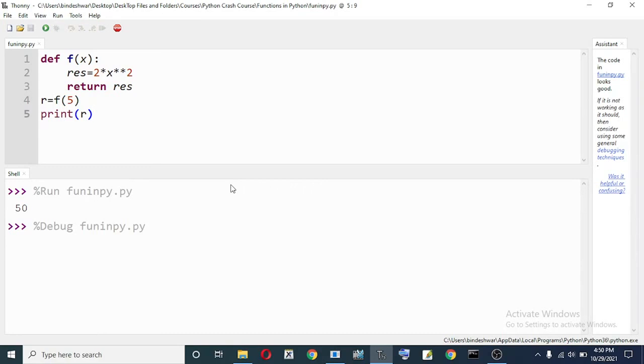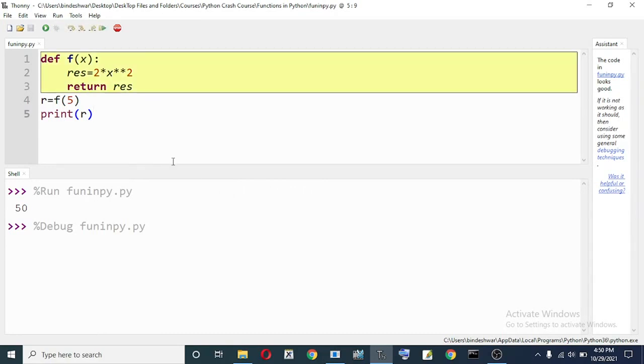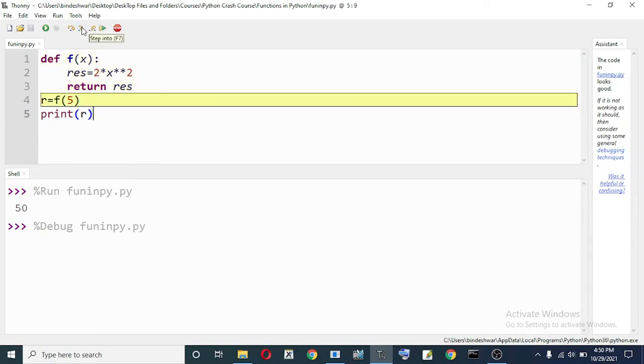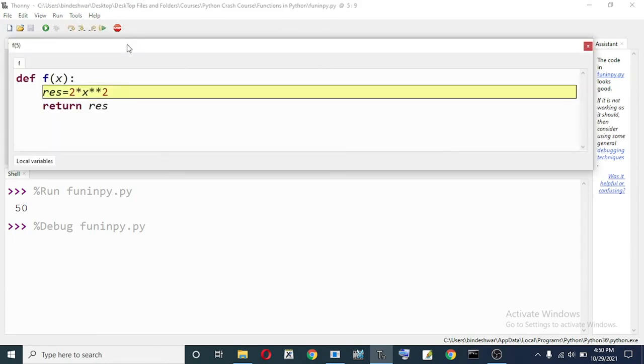See that the whole block is selected because a function is a compound statement. Now step into, and the control has jumped to line number 4. Thereafter a new window opens in Thonny for the function call.